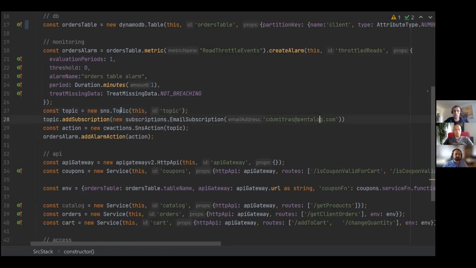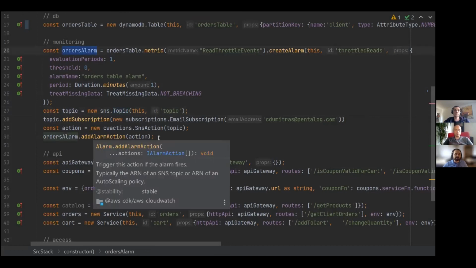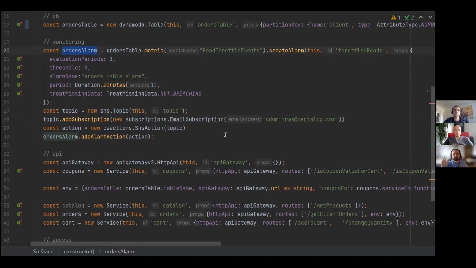We just add a subscription to this SNS topic. And for the alarm, we're adding an alarm action, which you can do a bunch of things. It's not just limited to SNS. It's not just limited to email, but this is the most simple example we could present today.